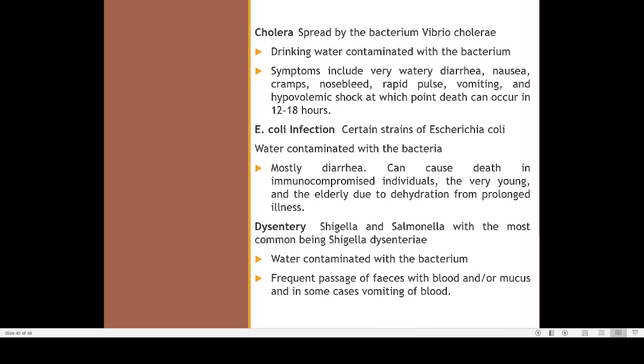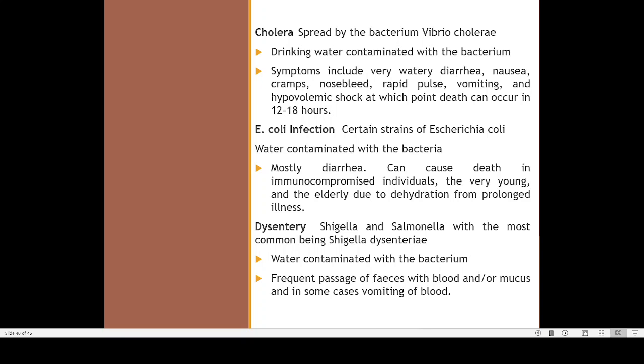So a lot of water, fluids and minerals will be gone from your body. Too much loss of water will lead to dehydration. Our body is mainly 60 to 70% water. If too much water is lost from your body, that will affect the way our cells, tissues, and organs are working. So that will finally lead to death. So that is what is happening.